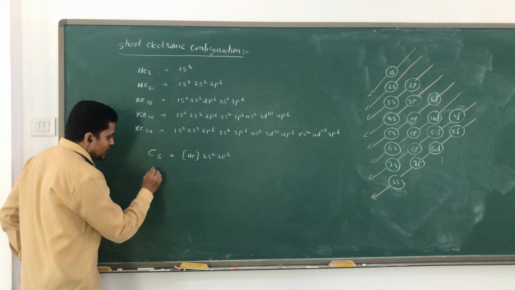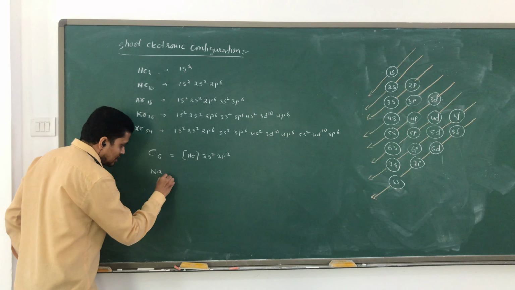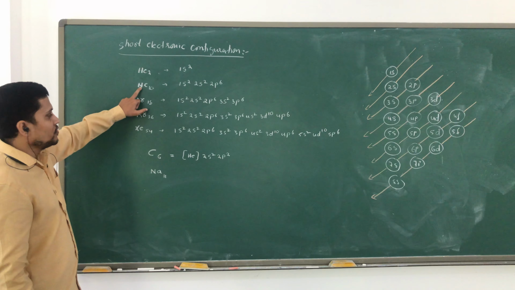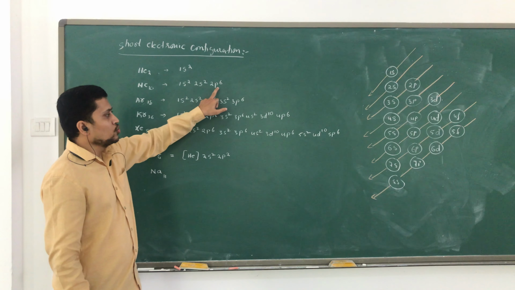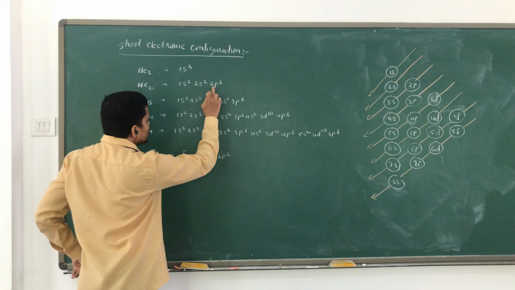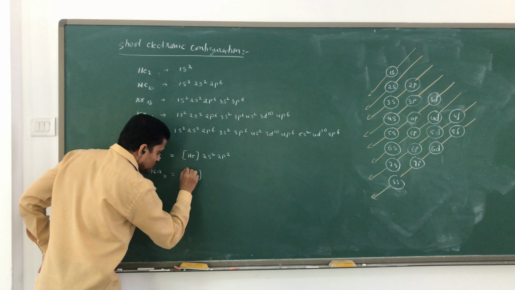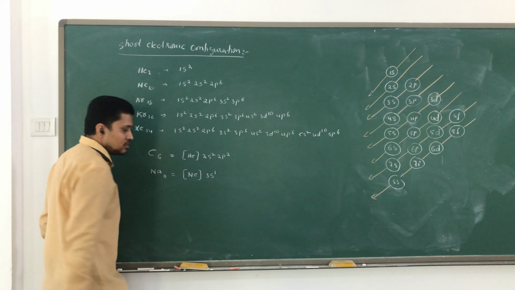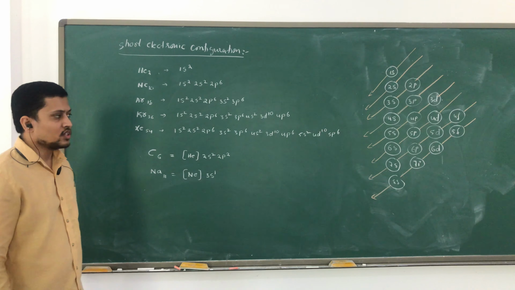In the same way, for sodium, atomic number 11. Before sodium, which is the noble gas? We know neon, atomic number 10: 1s2, 2s2, 2p6. Now we are not writing 1s2, 2s2, 2p6; instead we write neon in brackets. So 1s2, 2s2, 2p6 is over. Then next is 3s1. That is completed. This is the short electronic configuration of sodium.